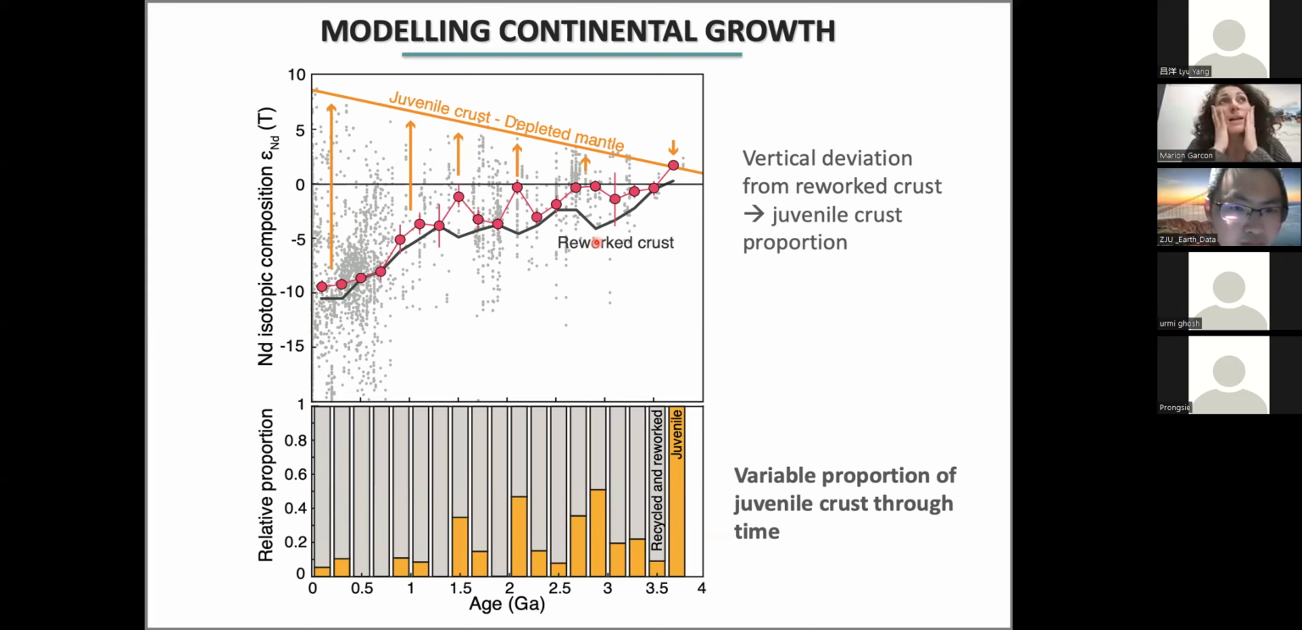But in general, I think this is not a very big assumption, because when you look at almost any modern sediments today, you get a model age of 2 billion years. And the average composition of the modern sediments, which is the one here, is -10, and this is exactly the isotopic composition of the crust. So it means that when you take the average composition of the sediments today, you get the average composition of the crust. So